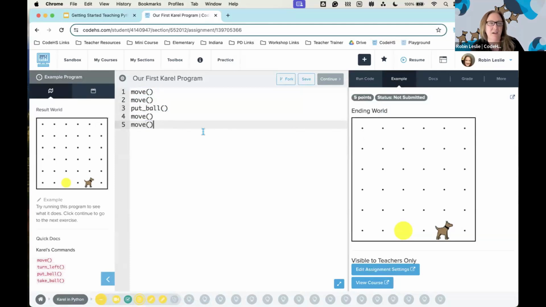The other thing is that teachers can work through the examples with the students. So I could get rid of some parentheses. I could put these in a different order. I could take away this hyphen, things like that, and we could do some debugging as a class. Another thing you can do as a teacher is put this into a sandbox program, and you could have students collaborate on it. Those are all things that you can do in CodeHS.